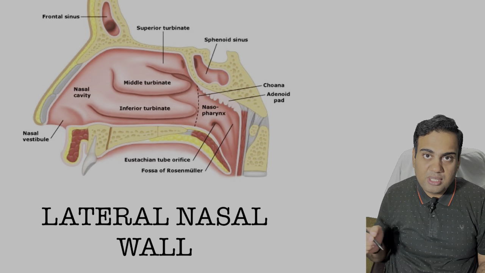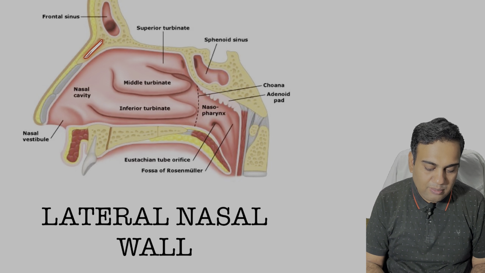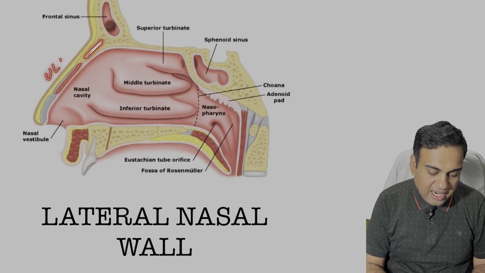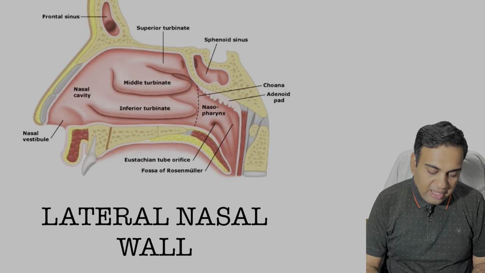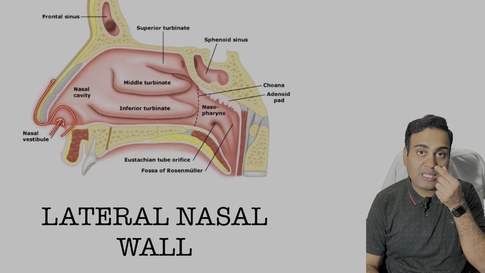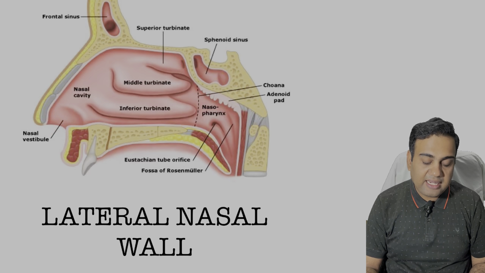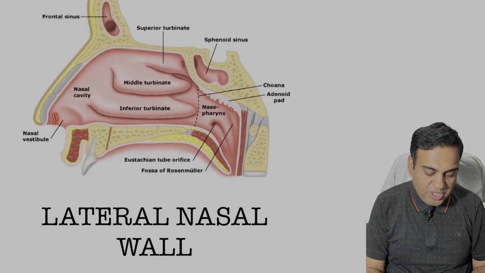Let's talk about the bony framework. This is the nasal bone. You know, this is the nasal bone. This is the upper lateral cartilage. This is the lower lateral cartilage, right? Then this is the lining skin which goes inside and this forms the nasal vestibule. So the skin is folded inside and it contains hair which is called vibrissae, and this much area is